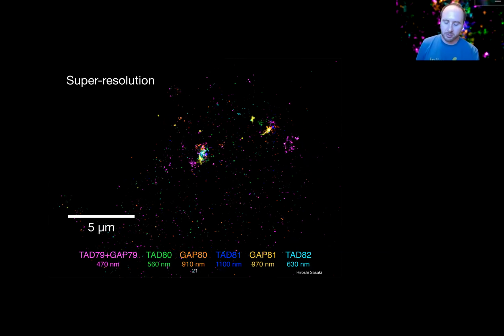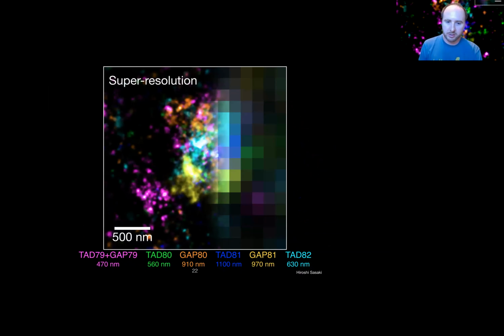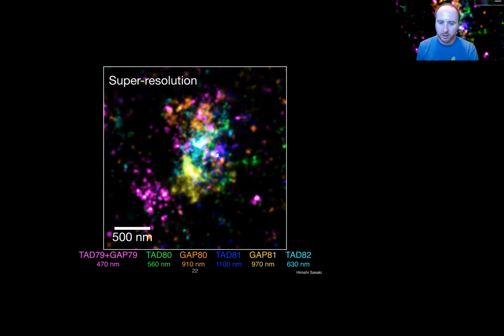And then this is what the super resolved version of that would look like. So we get a little bit of both alleles, but the one in the center is the one that we really focused on. The other one's a bit out of focus. So to show you what we can get out of this, of course, you have to take it and make it bigger. So this is just that focus in the middle. And then if we zoom in and look at the 6 color, this is what you see. I personally never get sick of looking at these. As some of you may have noticed, this actually is my Zoom background I'm talking in front of right now. It comes from this image.